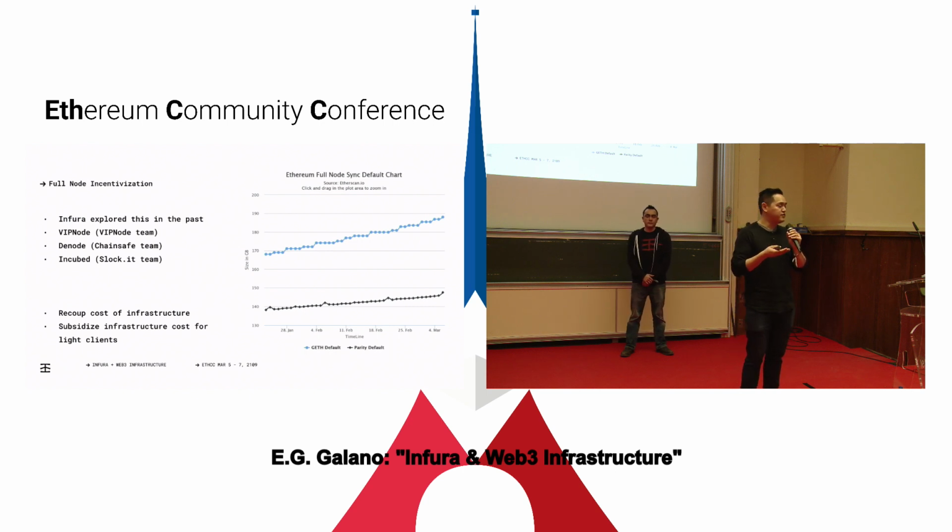We came across several teams, VIP Node and D Node, that were working on very similar approaches, and decided to primarily help with the VIP Node project. If you're not familiar with VIP Node, Andre, who's in charge of that project, recently released VIP Node 2.0, which is a way for you to deploy a VIP Node pool server that allows you to have light clients pay to peer with your VIP node.